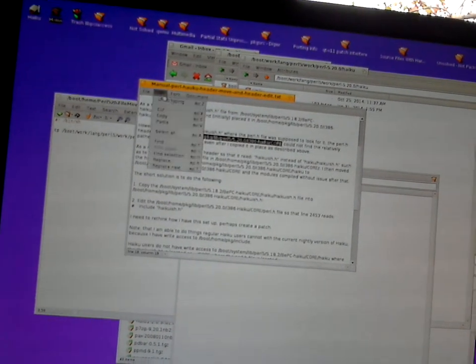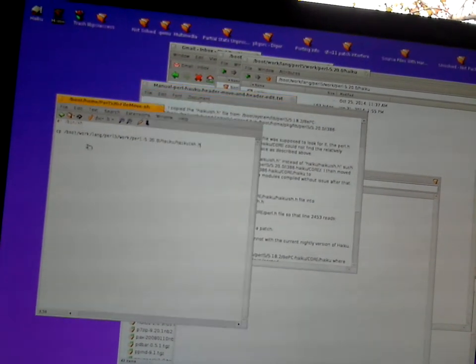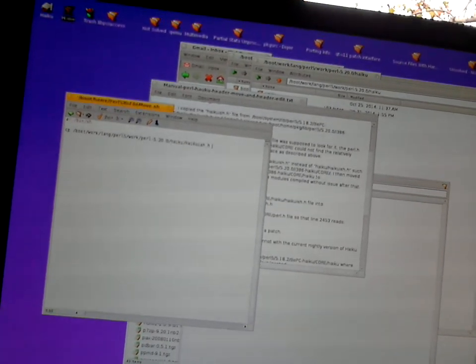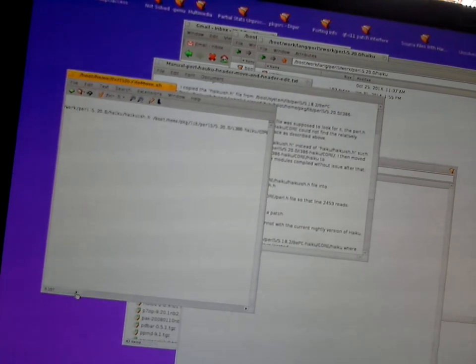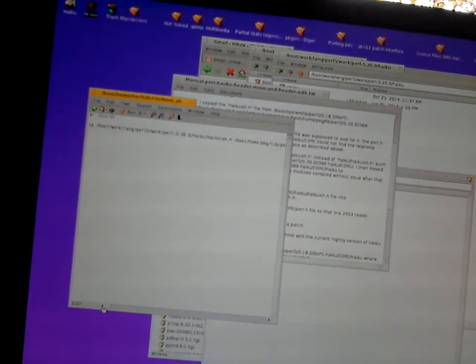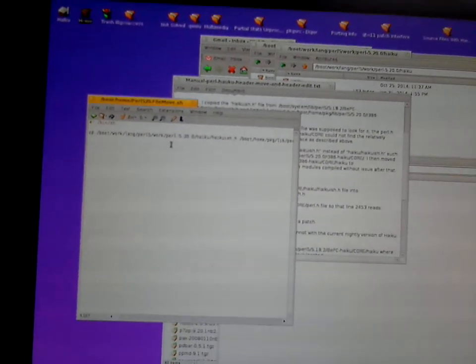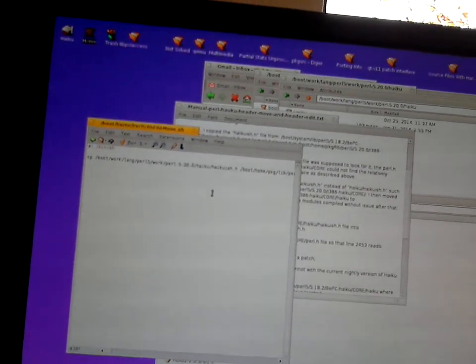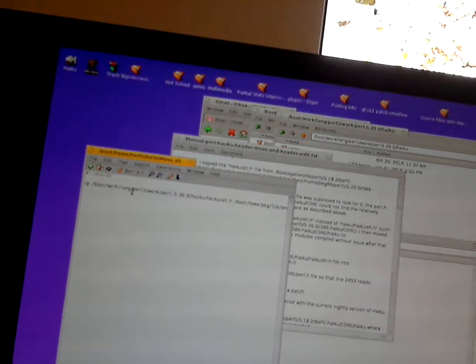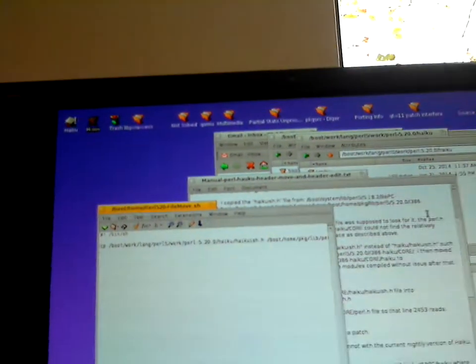And the problem is, again, I have this version hard-coded in there. So step one, I've moved the Haiku header into where the Perl header is going to find it. Two, I'm going to make a patch so the Perl header will find this Haiku header where I've moved it. But I also need to move the Perl library,